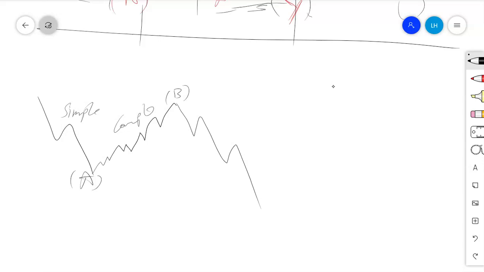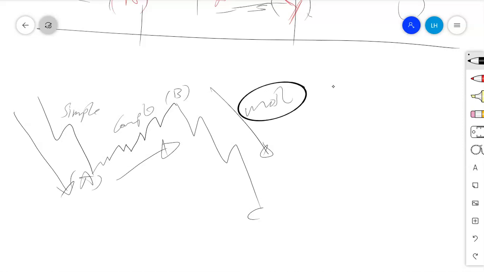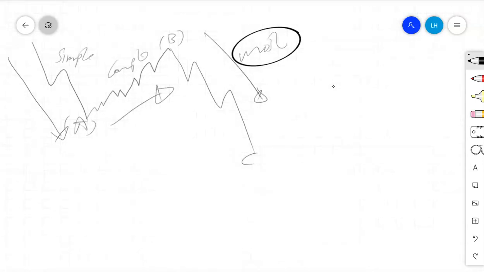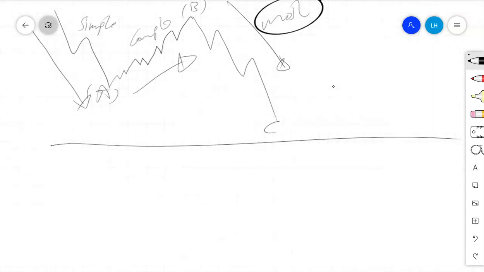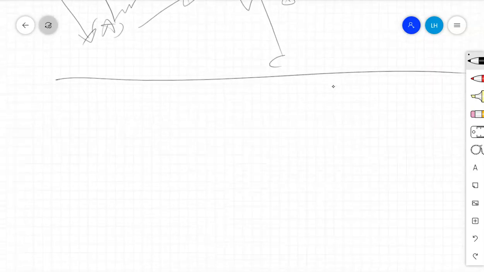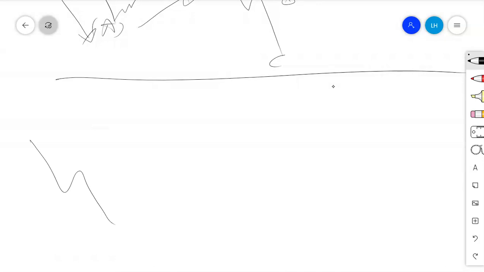So usually we don't expect to have the first wave move as a simple structure, and also a simple structure in the second wave move. So usually if the first wave move is simple, the second should be complex. And also we expect sometimes the third may be most complex. In some cases the third may be most complex. So how can the most complex structure be seen, how does it look? If wave A was simple, wave B was complex, and the third was most complex, we expect it to be something like this. We'll have this A, B, C, a simple move in wave A.